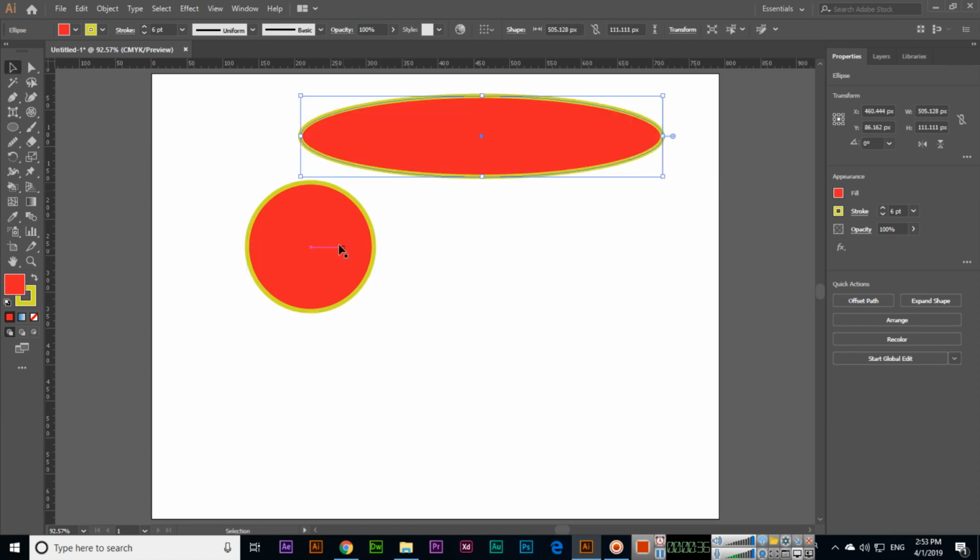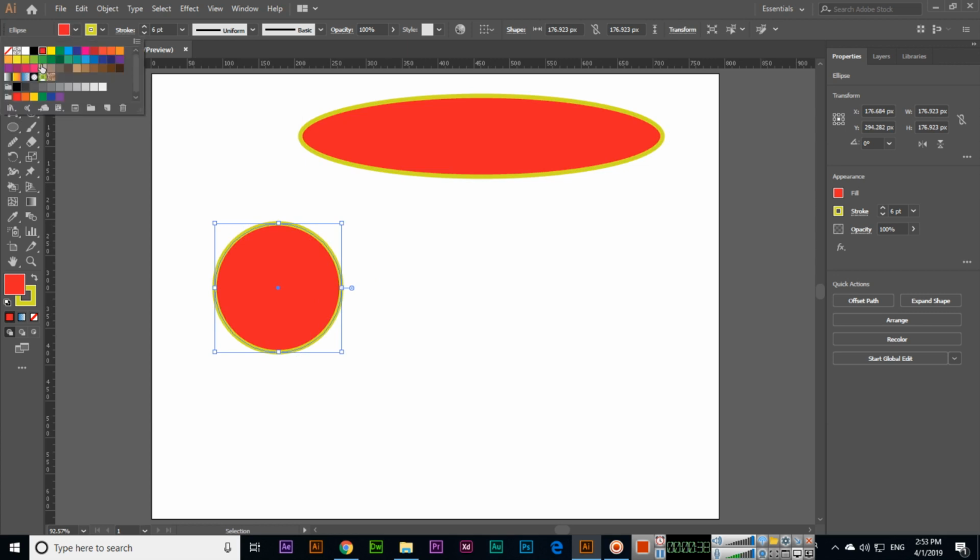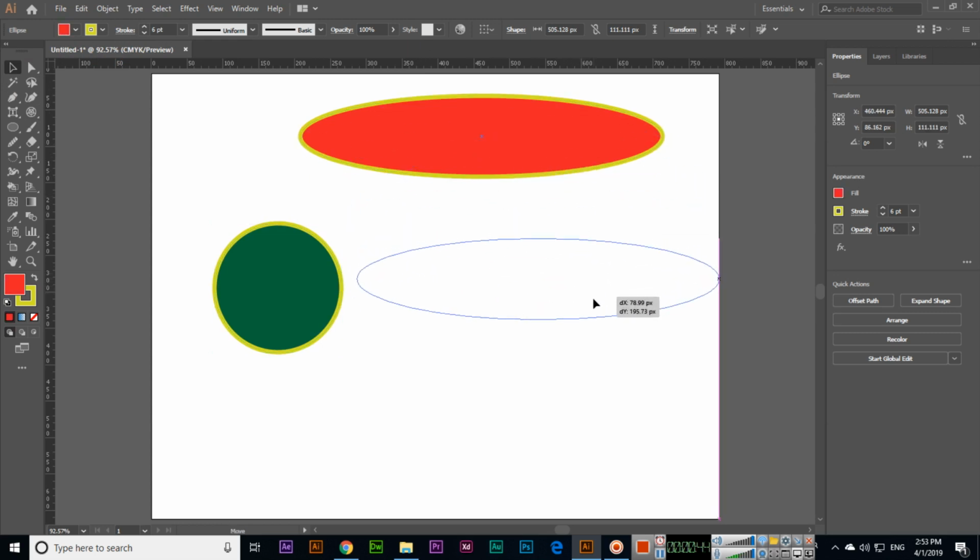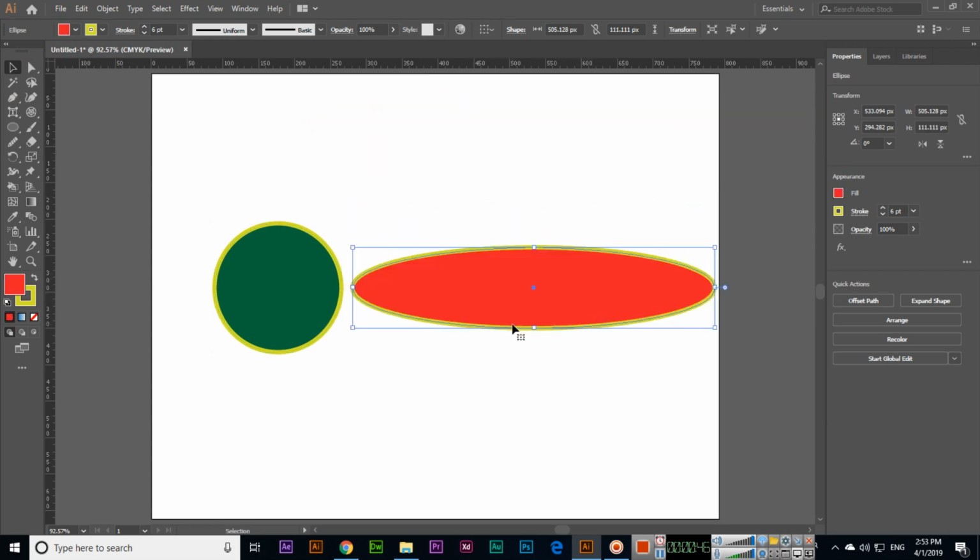Now we can apply some pattern, gradient or color. So that is also a very easy tool, and we use it a lot when we design something in Adobe